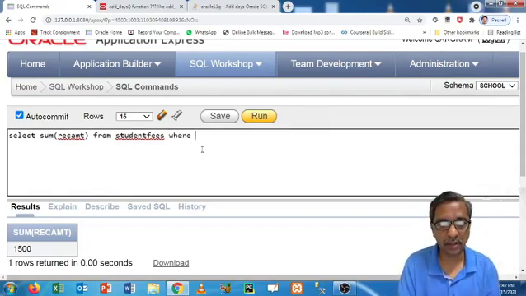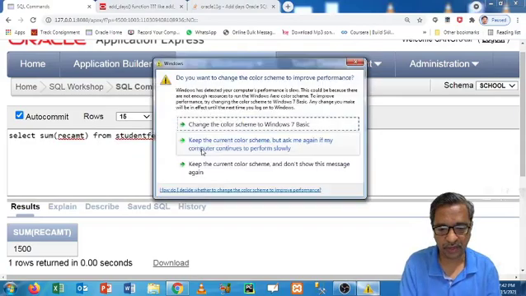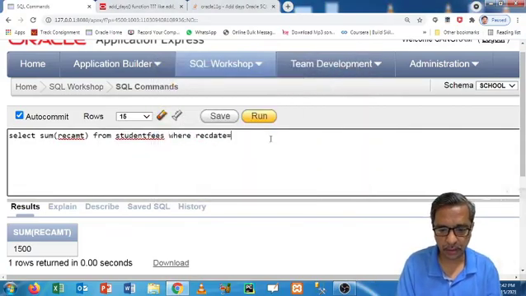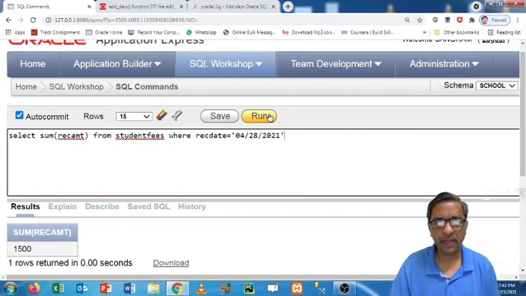Okay. So here this normal query, we have already seen it is working, because we have specifically mentioned the date. But if you consider the data which is inserted because of system date, it is not working.